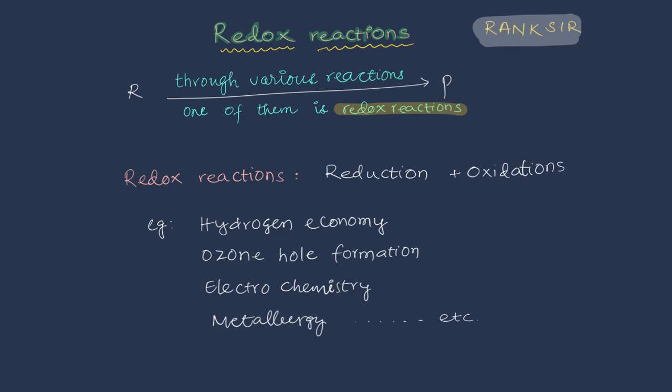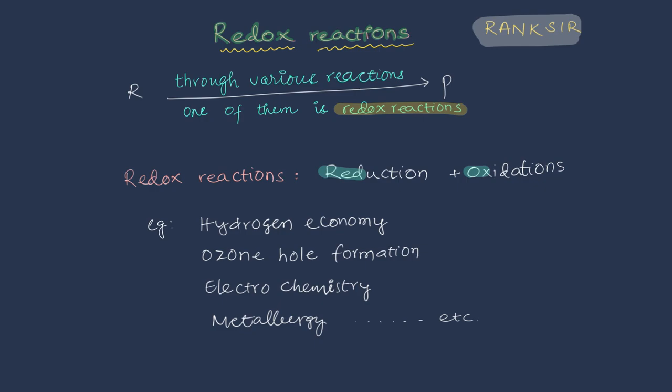Hello everyone, today I want to explain the redox reaction chapter, this is lecture 1. A reactant converts into product through various reactions. Of them, one is redox reactions. What is a redox reaction? Redox means reduction plus oxidation: the "red" is reduction and the "ox" is oxidation,